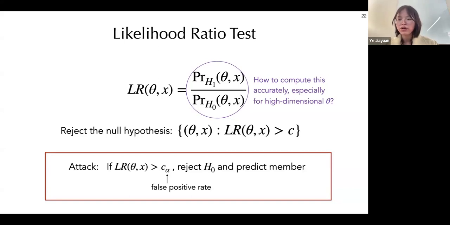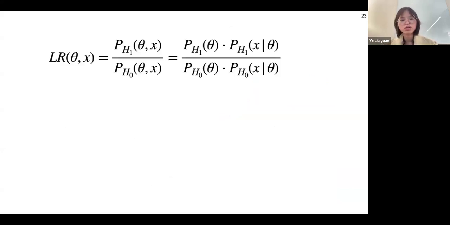However, computing it is actually quite challenging, because you can imagine theta, the model, is very high dimensional. And when you want to compute its probability density, it's very hard to estimate it accurately, just because it's very high dimensional. And therefore,